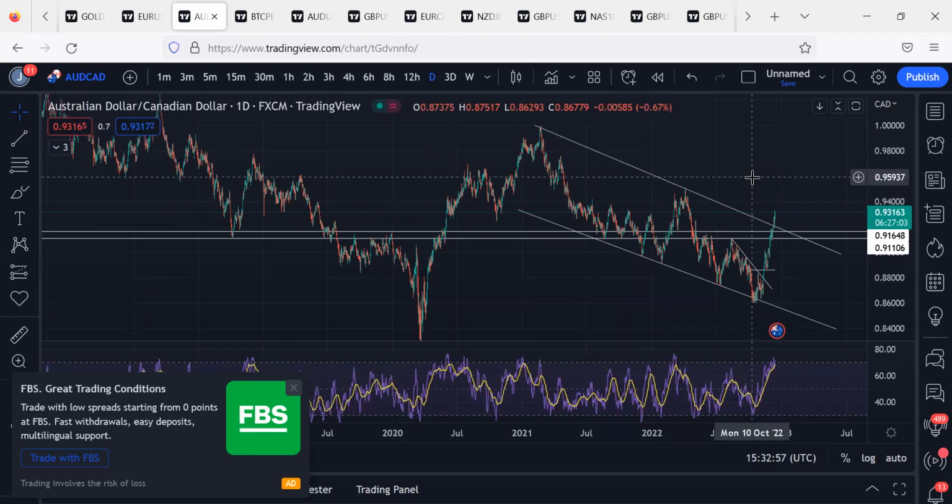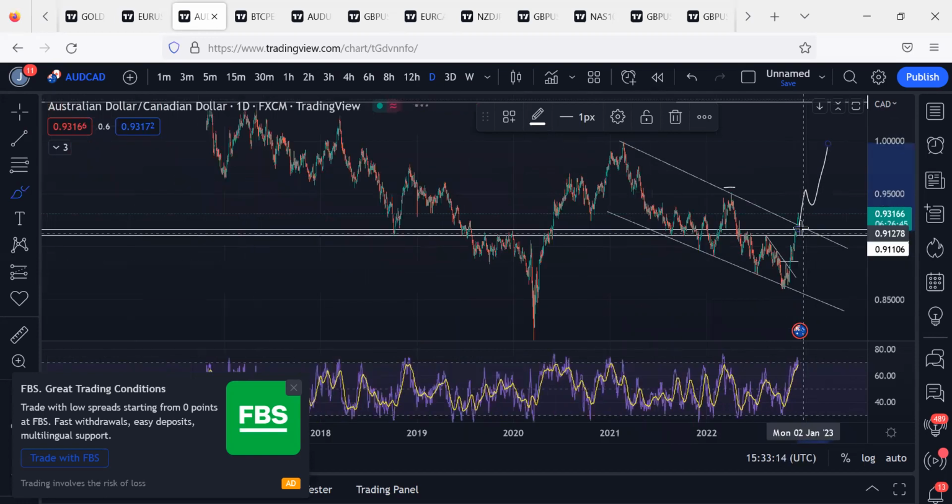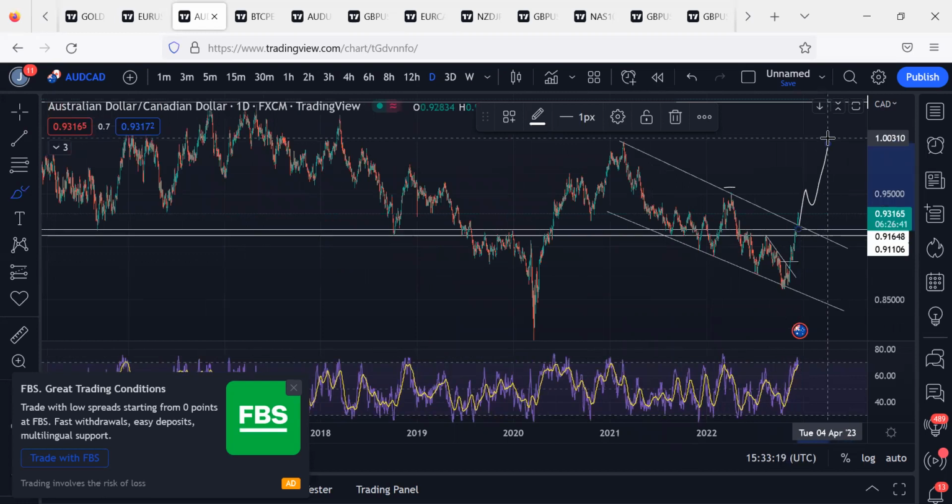If we can break above this change of character, then find maybe a 30% retracement again, then I know we're attacking this high. Now imagine what I've just given you here. From here, 9,162 to this 303, let me just say 317 pips. Let me use live. You enter this trade from here, 316 pips.